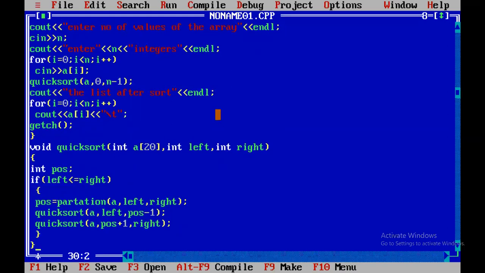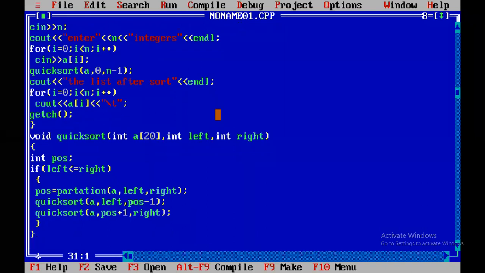The partition function does the arranging, and its returned value is assigned to pos. Then we again perform quicksort from left to position minus 1, and similarly from position plus 1 to right. Then we go for partition.